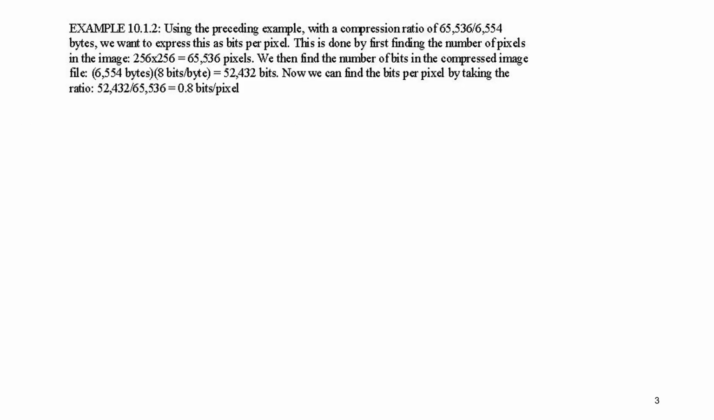We can see another example using the example from the last slide. With the compression ratio 10:1, we want to express this in bits per pixel. This is done by first finding the number of pixels in the image, that is 256 into 256, which is 65,536. We then find the number of bits in the compressed image file, 6554 into 8 bits per byte, that is 52,432 bits. Now we can find the bits per pixel by taking the ratio 52,432 divided by 65,536, that is equal to